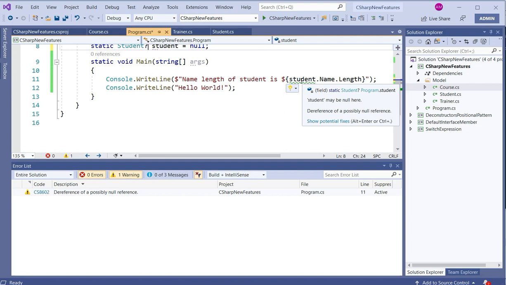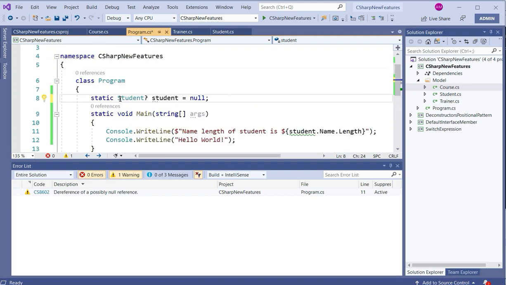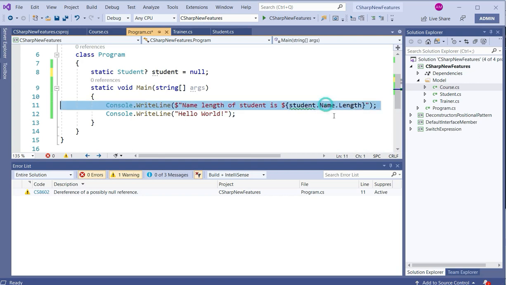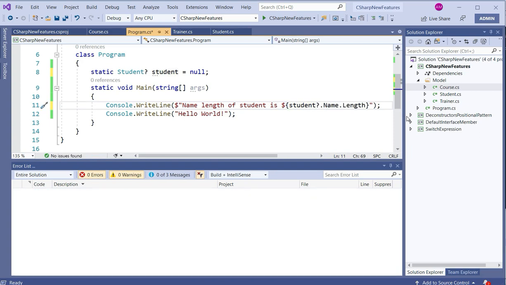So it can help us to avoid null reference exception in each and every case, whether we are declaring some properties or whether we are creating nullable reference type variables. So here we can avoid null reference type exceptions if we hover to this property, so we can avoid accessing this thing here, or we can add a null coalescing operator, but it will only help us to disappear this warning message.